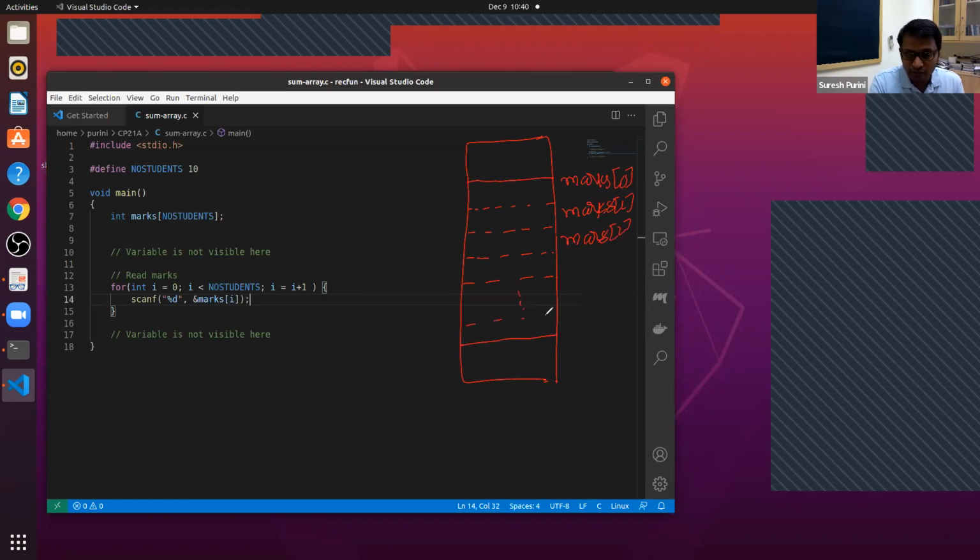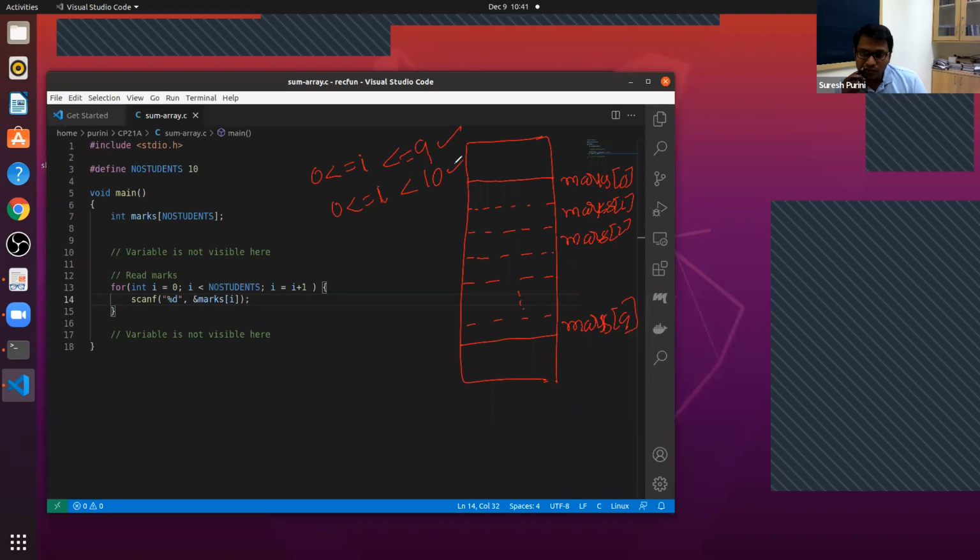Finally, we have marks 9. This i is called an index. The index goes from 0 to 9 because the size of the array is 10. It starts from 0 and goes till i less than 10, or it can be i less than or equal to 9. Both are right.